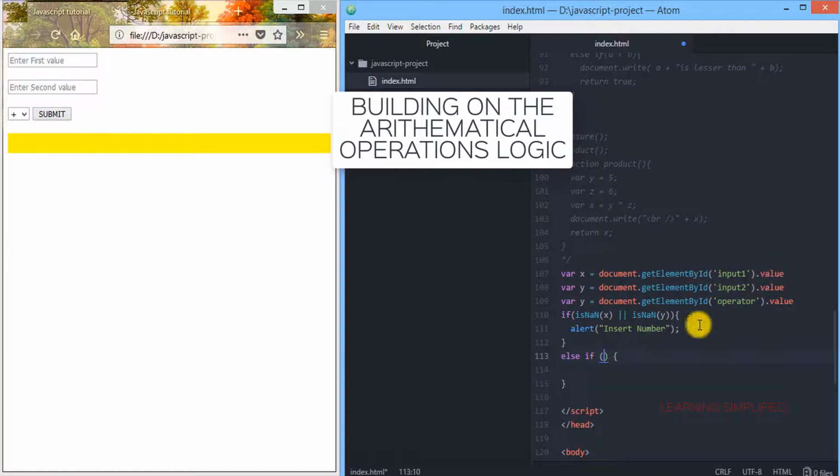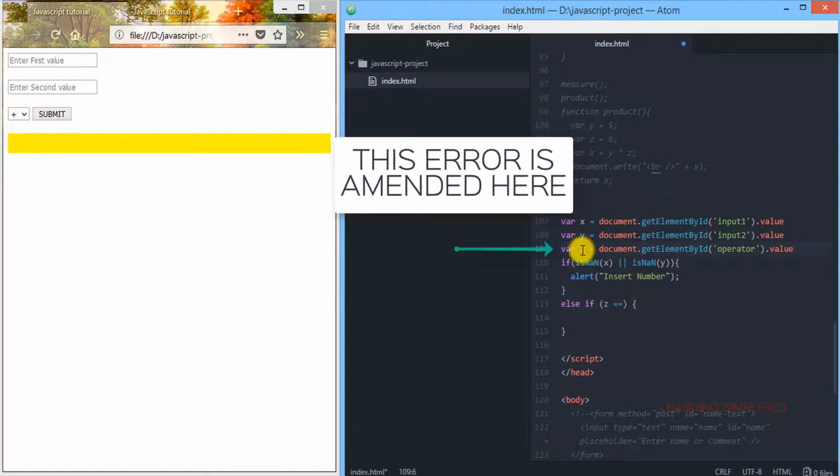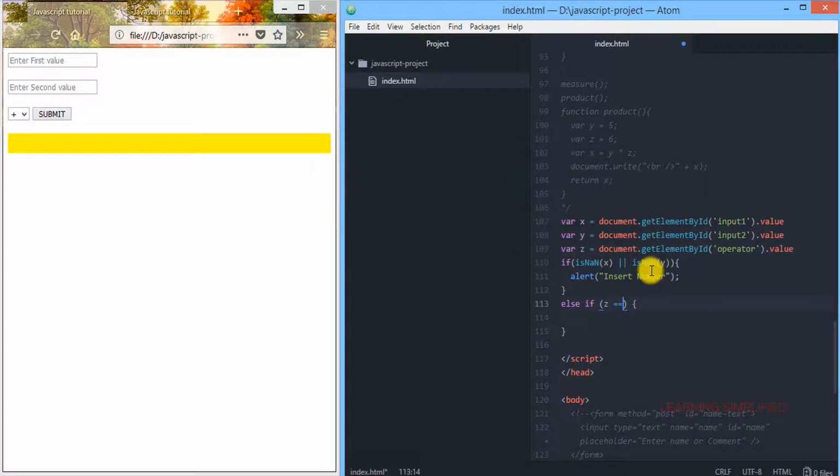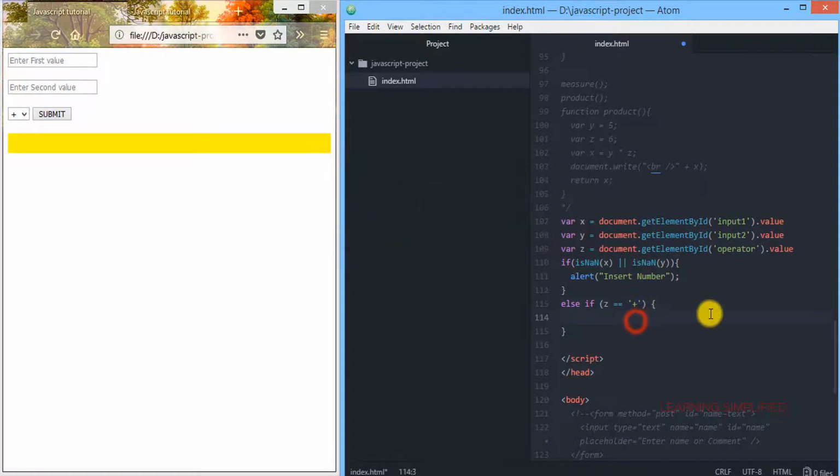Now the question is, if both of them are numbers, then we need to check whether z, this is variable z, it is not variable y, is equal to the plus sign, then it is going to add these two numbers. So first of all, I am going to the conventional way.